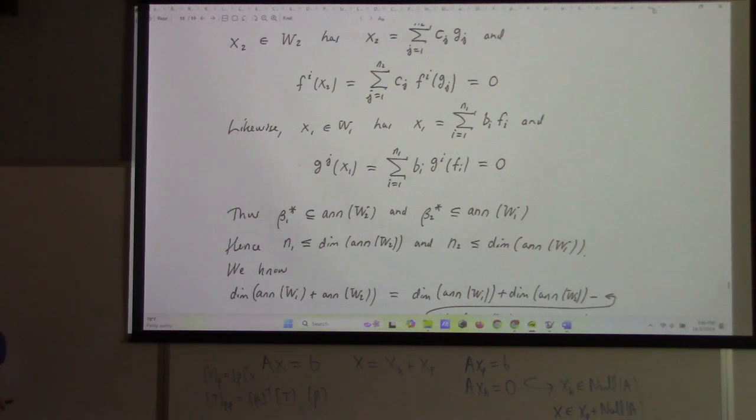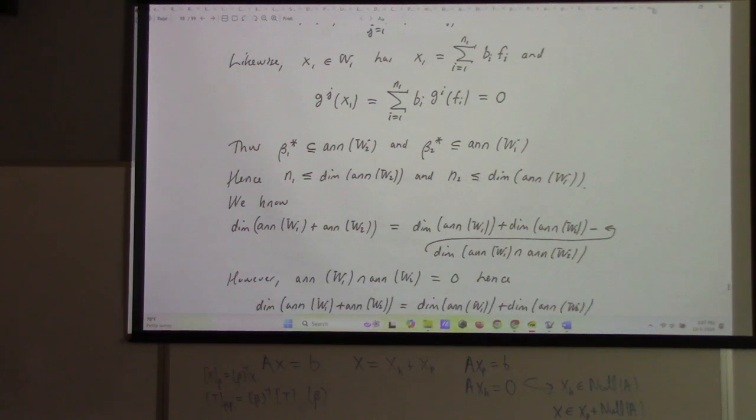Okay, so what that means then is n1 is less than or equal to this dimension, and n2 is less than or equal to that dimension, right? Because if these are subsets of those spaces, that means this is a linearly independent subset, and that is a linearly independent subset. As such, the dimension of the annihilator of W2 cannot be less than n1, and this cannot be less than n2. But we also know that the dimension of the annihilator of W1 plus the dimension of annihilator 2 is equal to what? Well, we happen to know that there's a theorem which says that if you have the dimension of a sum,